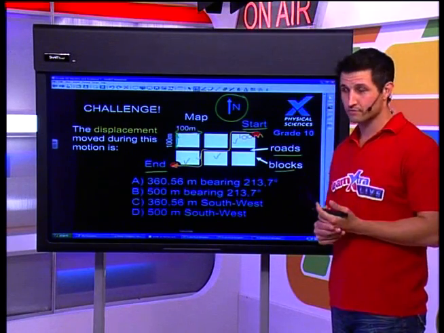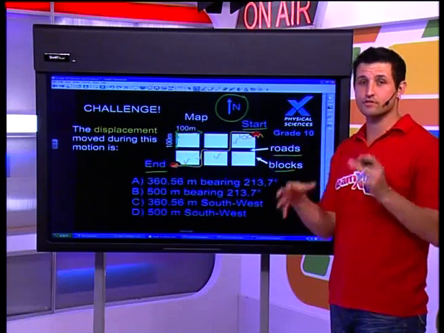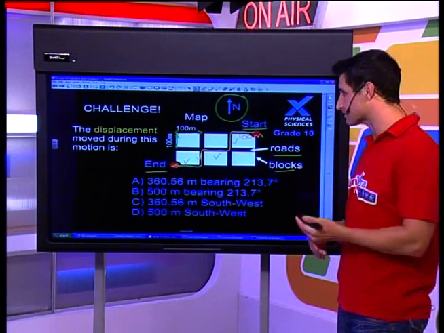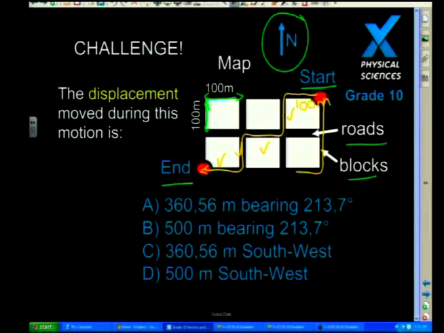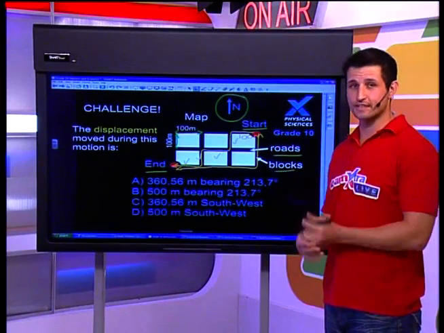There isn't one. Whichever way you go through these blocks, you're still going to land up with 500 meters distance. Even if I go around the outside, 100, 200, 300, 400, and 500, I'm landing up with exactly the same amount of distance. So there is actually no shortcut. It doesn't even matter if you go around the top. You're still going to get a distance of 500 meters. But that is just a distance.